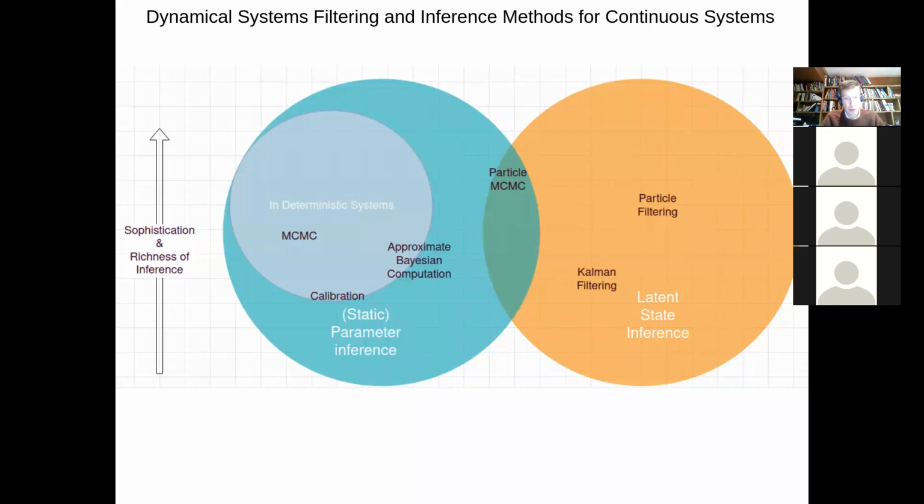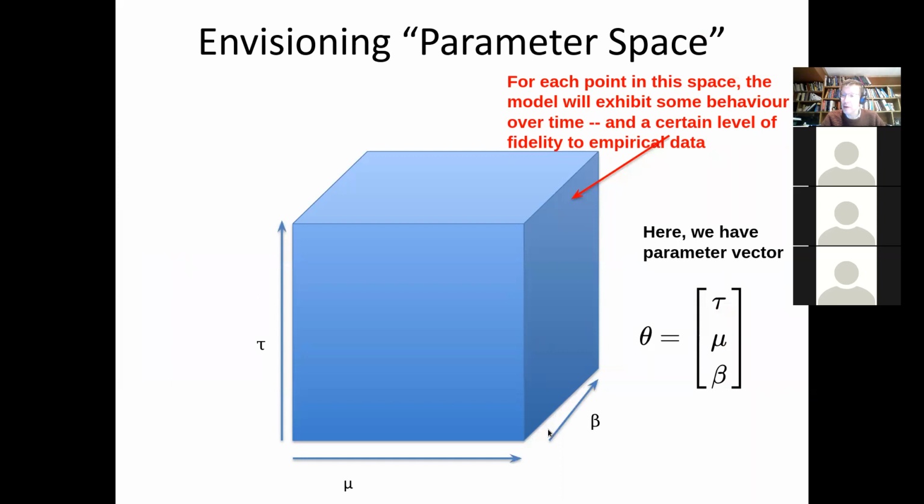And what this picture shows is two interlinked problems. On the left, we have the problem of parameter inference. Here we are trying to understand the values of parameters that are most consistent with, that best explain empirical data that's observed from the world. Sometimes that data is in the form of time series. Sometimes it's in the form of particular data points,